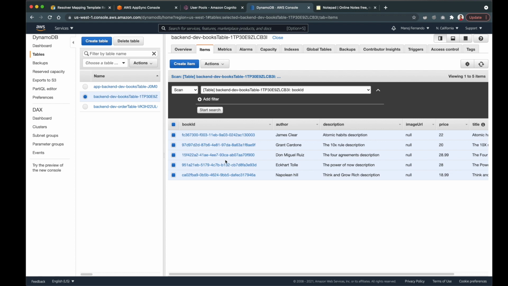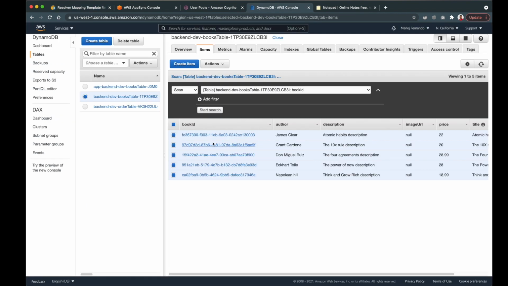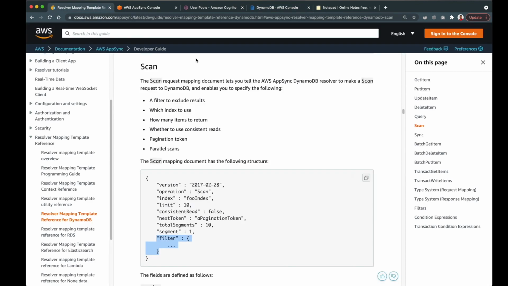But if you're adding any filtration, let's say for example you want to return the featured book, and there's an attribute called featured, and that's a Boolean value. If you want to filter those books by that attribute name, then you should use the query operation, because performance-wise, the query operation is better. You can add the filter operation for the scan, but this filter only applies once all these items have been scanned, so it's not good for performance. But in our case, no problem. I can just use this scan operation.